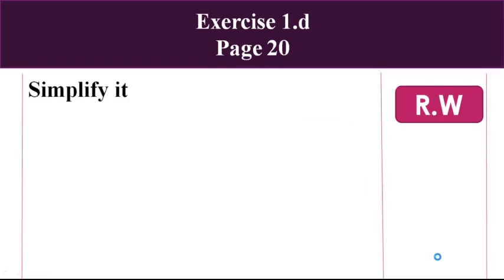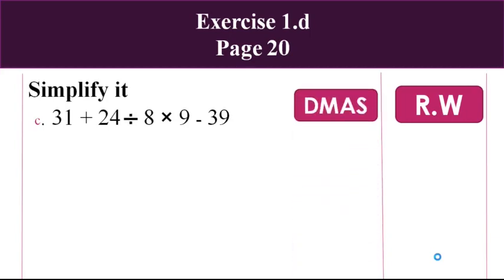Now we have another question having all four operations in it: addition, division, multiplication and subtraction. Again we have to follow the DMAS rule. So we have to write DMAS over here, it will be easy for you. What do we have to do first? We have to divide first. Where is the sign of division, between which two digits? Between 24 and 8. So 8 times what is 24? We all know 8 times 3 is 24. So sign of equal to outside the margin line, 31